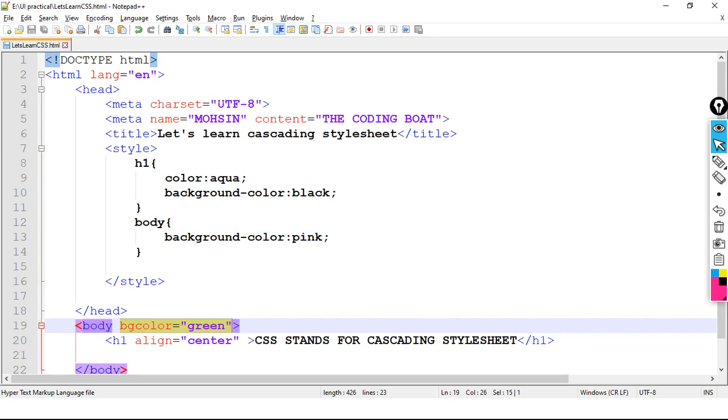But listen carefully to what I am going to tell. This property is different, and this attribute is different. Both are not the same. Understood? So what I am doing, I am removing this HTML bgcolor attribute from line number 19 so that our internal style will be applicable. Observe carefully.